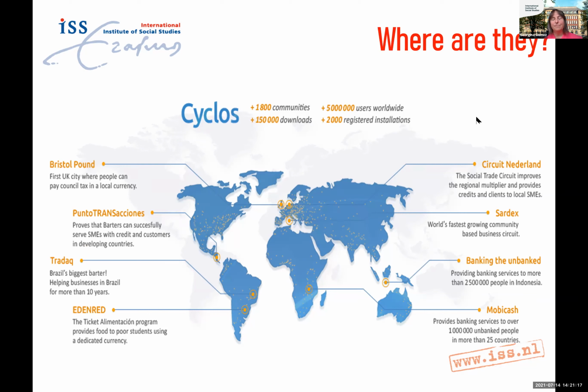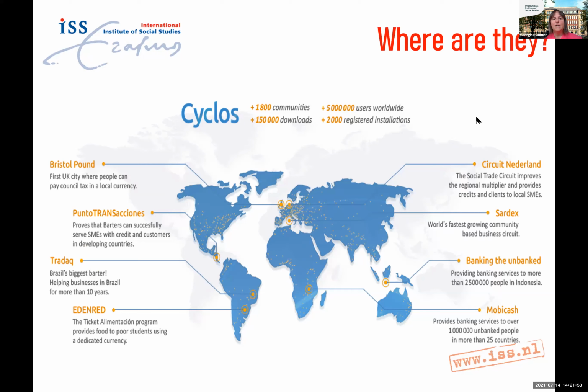You may have heard, I'm quite sure, of Bitcoin. Bitcoin is, of course, the largest one in terms of users and in terms of transactions. But what you don't see in the Bitcoin is the community, when in fact what these complementary currencies help us to do is to reconnect the communities. So in Bristol Pound in the UK, the idea was precisely to promote the buy local, to have a type of money that doesn't leave the region.